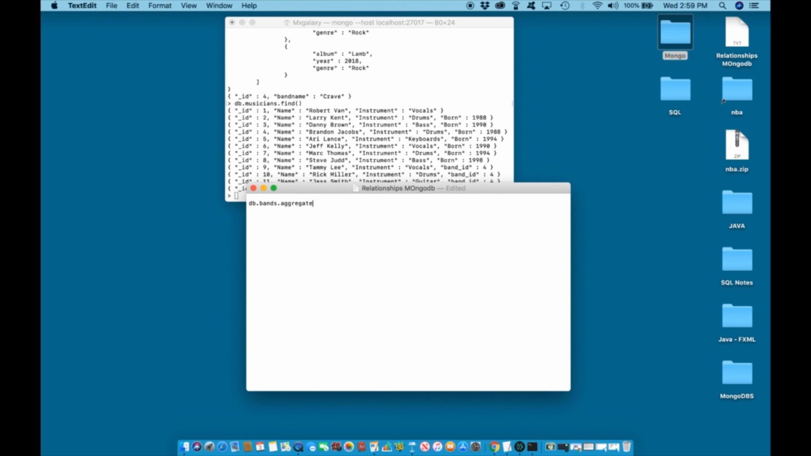aggregate, open parenthesis, open square bracket, open curly bracket, $lookup. We are looking up information from musicians, comma,